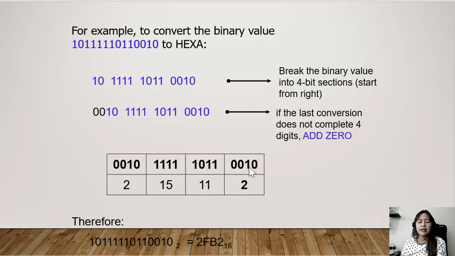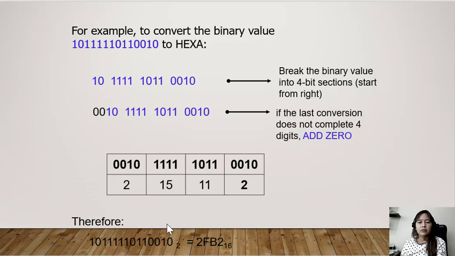And then this last portion will be equivalent to 2. So the equivalent of this binary number 1 0 1 1 1 1 1 0 1 1 0 0 1 0 is equivalent to